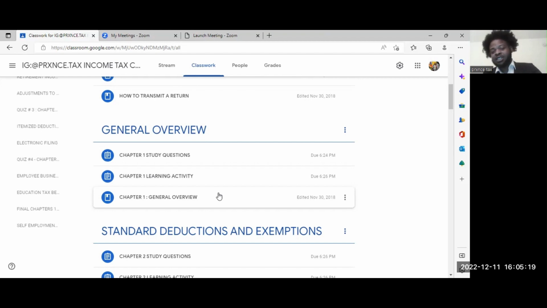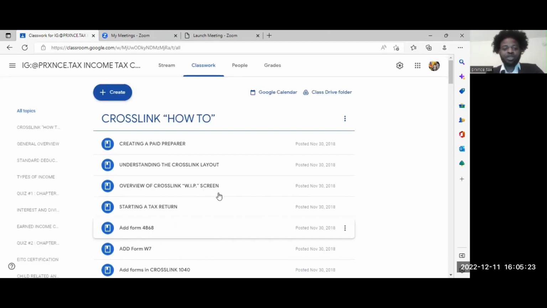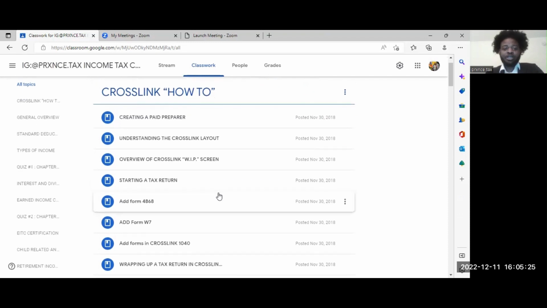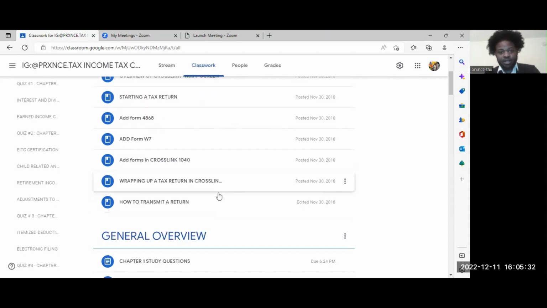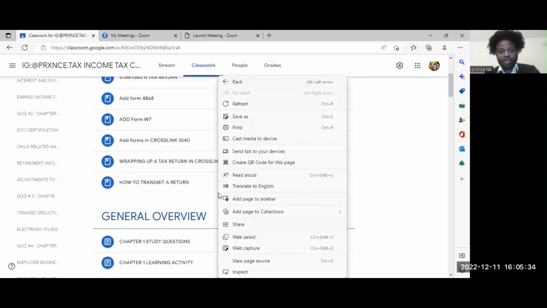Interesting tax season. As you see, we are going to cover how to use Crosslink online, how to log in. Also going